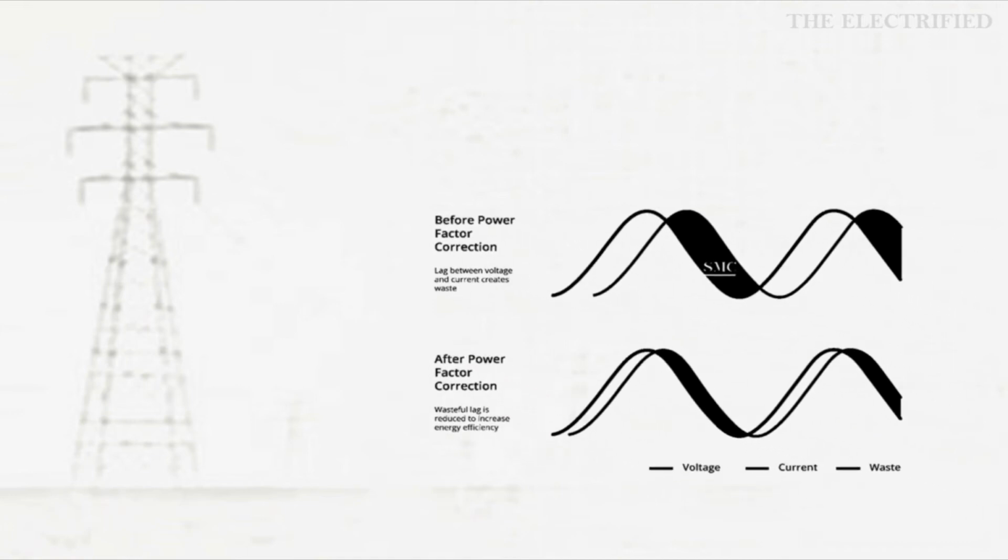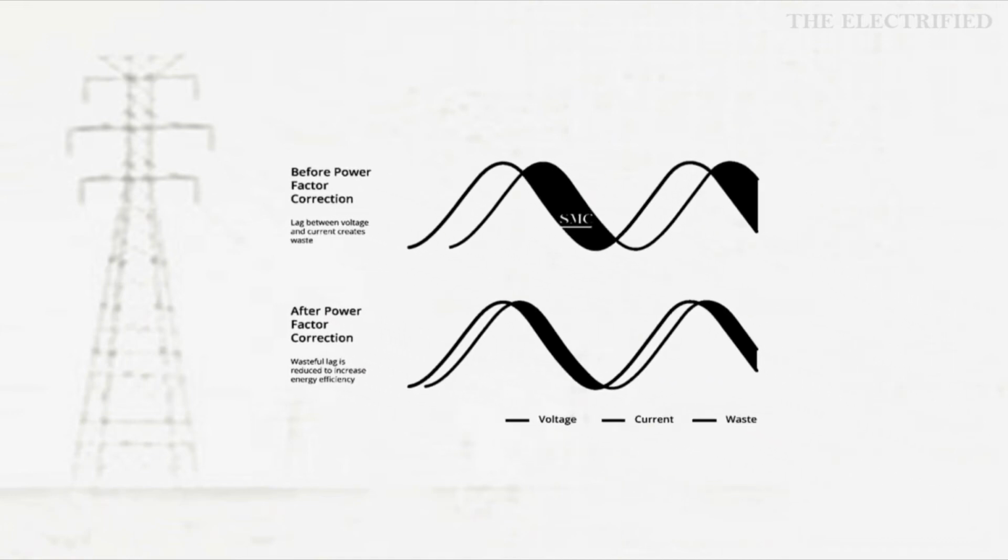The relation between power factor and power factor angle is vice versa. If we want to increase the power factor, we have to reduce the power factor angle. And if we increase the power factor angle, the power factor reduces. So to improve the efficiency, we have to increase the power factor. That is, we have to reduce the power factor angle.